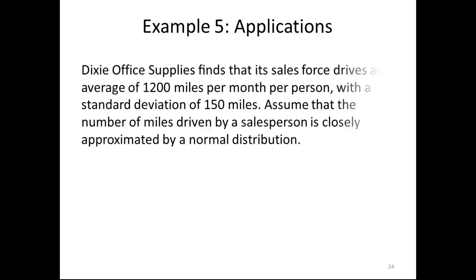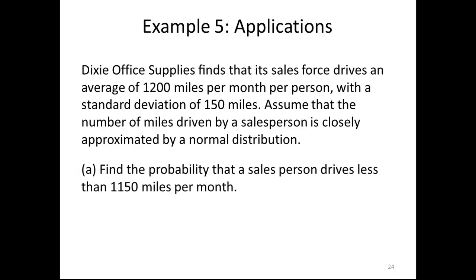normal distribution. Suppose that you have a Dixie office supplies, okay, and what we know is that the average driving time is 1200 miles per month per person, and the standard deviation is 150 miles. And we are assuming that the number of miles driven is approximately normally distributed. And we want to know what's the probability that the salesperson drives less than 1150 miles per month. So this is going to be case 1, because we're looking at the, this would be the keyword here, this